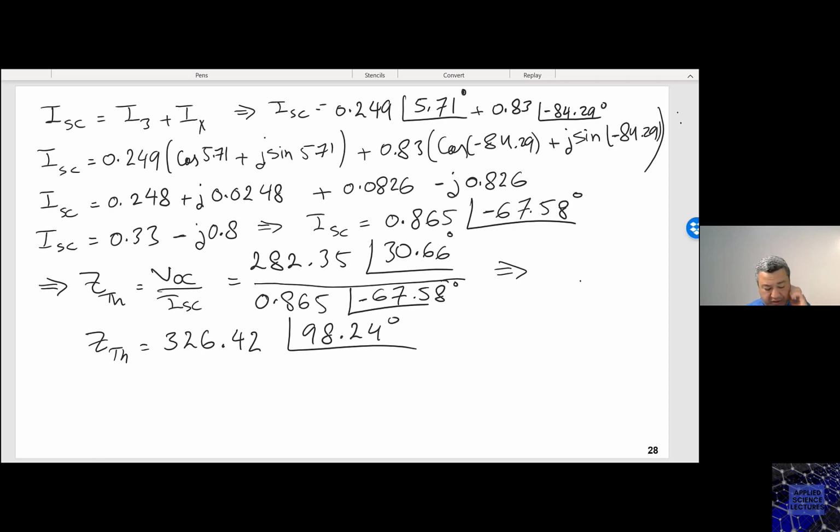So this is the Z Thevenin, and the equivalent Thevenin circuit would be in this case